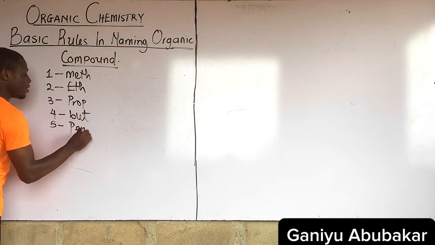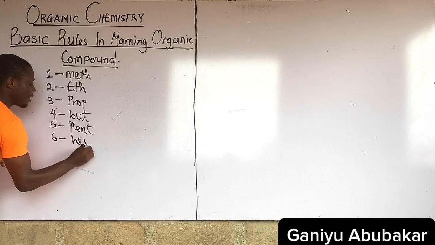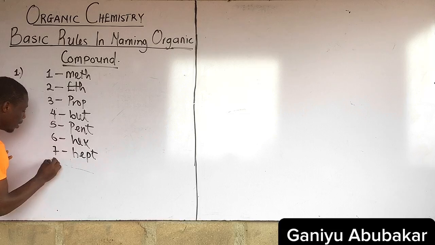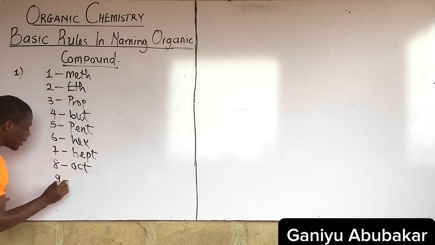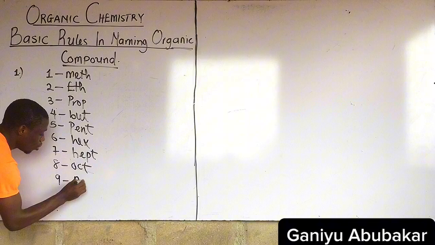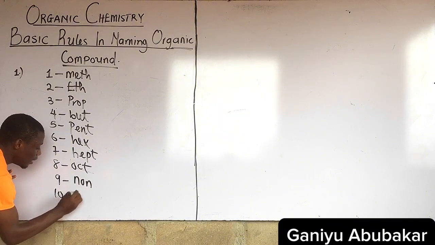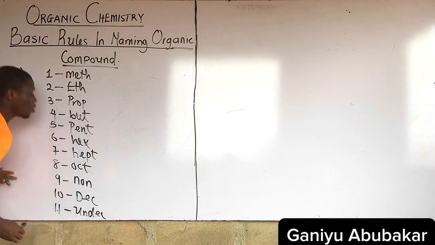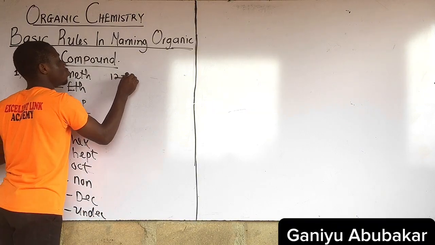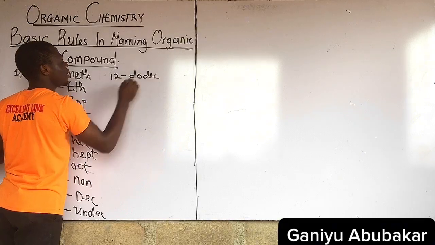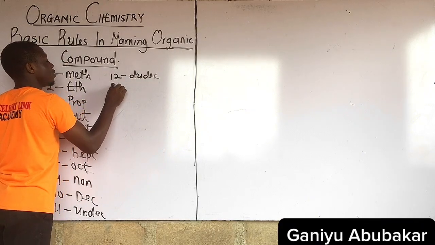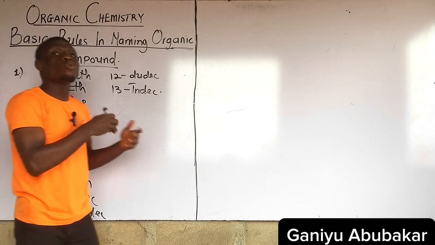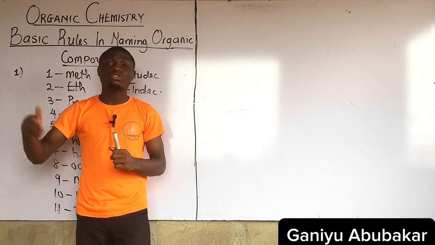5, call it pent. 6, call it hex. 7, hept. 8, oct. 9, non. 10, dec. 11, undec. 12, dodec. 13, tridec. So it means that rule 1 says select the longest continuous carbon chain as the root hydrocarbon,